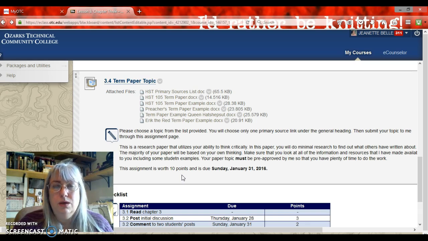The research that you're going to do is going to help you set it in context insofar as the time, maybe a little bit about the history. Ideally, you won't have to do much background research, because you should already have enough from the textbook and from this class to help you do that. It's just kind of a help.